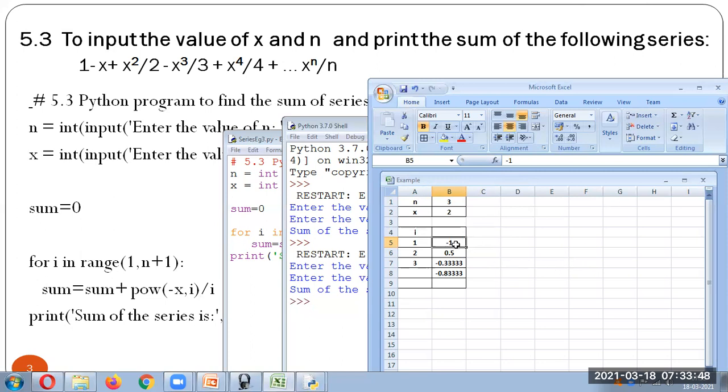Divided by 1, so this will be 2 only. Here it will become x is 2, so 2 raised to 2, that is 4. 4 divided by 2 is 2.